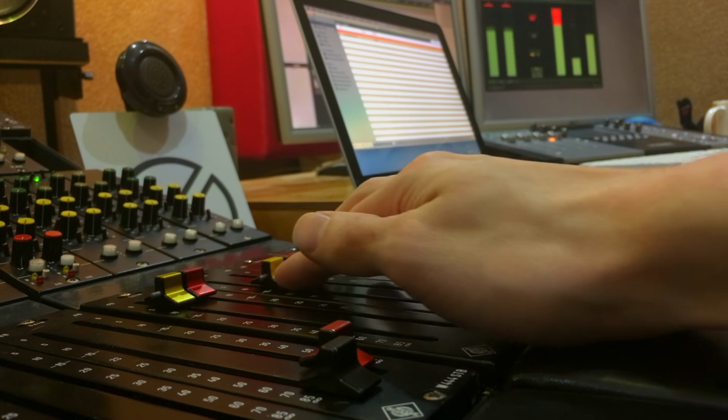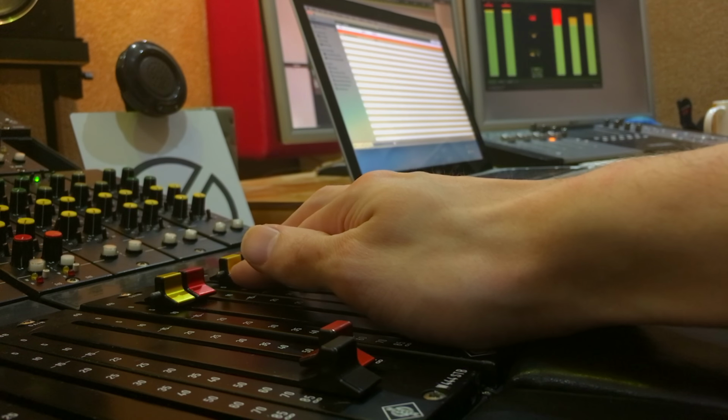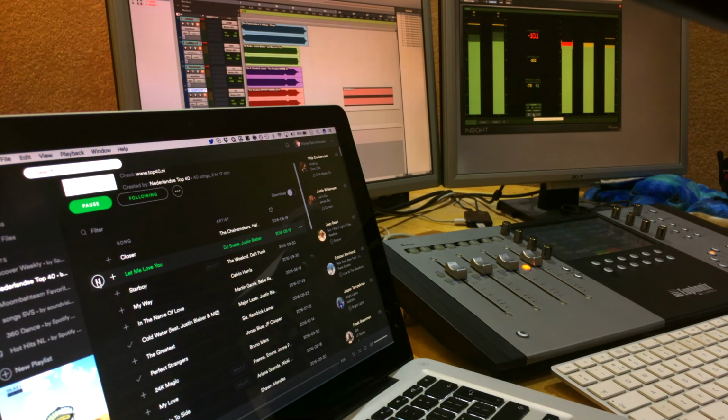After I connected my laptop with a 3.5mm jack to the console, I set the volume of the laptop to the same level as Pro Tools, accepted as 0 dB with a reference signal. Then I started measuring the LUFS coming out of my laptop compared to the LUFS of the original track. What happens is Spotify brings the volume down on all tracks that are louder than minus 13 LUFS. It really just levels; the peaks were lower. It doesn't do any compression, it doesn't do any expanding or strange weird stuff, it's just leveling.